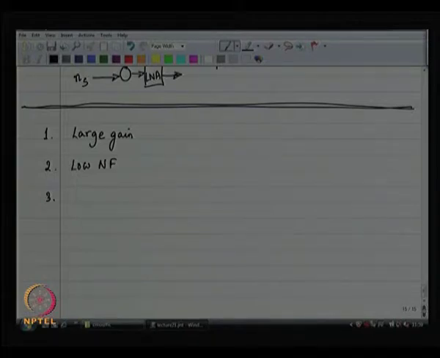Anything else? Anything else that comes to your mind? You are making an amplifier here. Okay. The amplifier will be made up of MOSFETs, blah blah. Okay. MOSFETs have a finite FT. You remember we talked about FT? Okay. So, you are saying large bandwidth, is it? Large bandwidth is not really